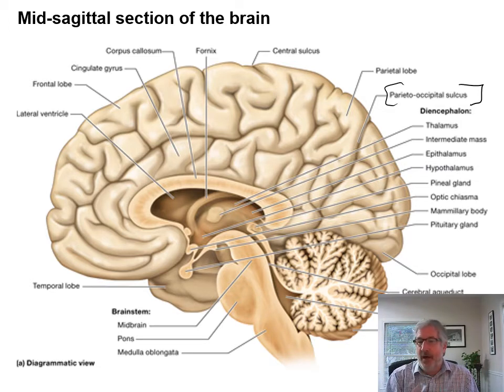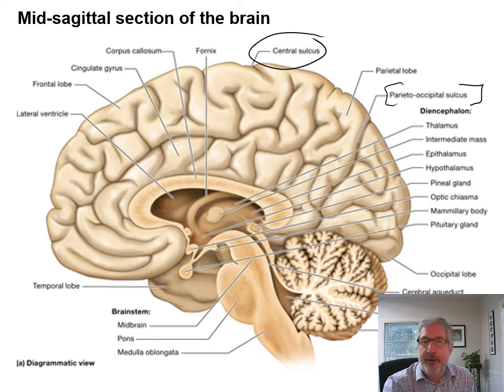That's why there's that dotted line there across the picture of the brain showing the division between the occipital lobe and the parietal lobe. Here's the central sulcus up here. We'll just go up around here, and let's see, what else do we want to show in this to get your orientation.